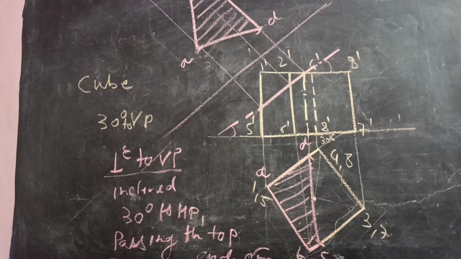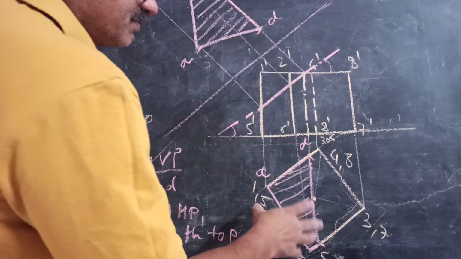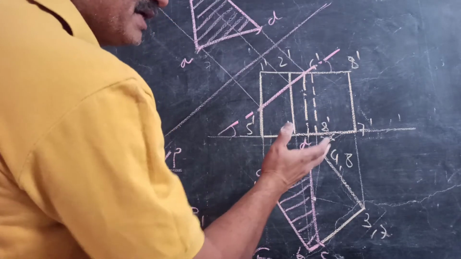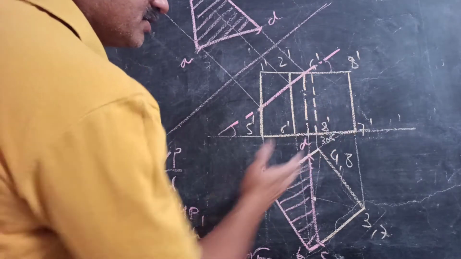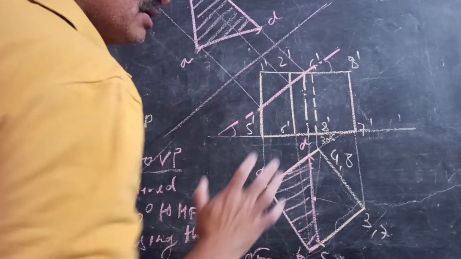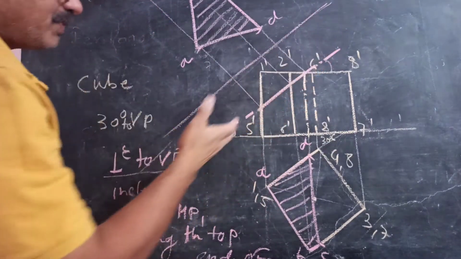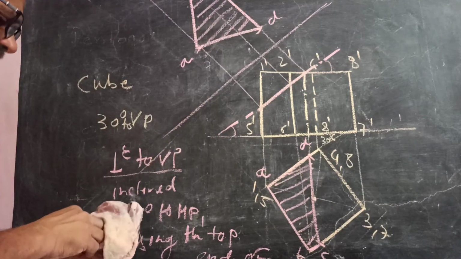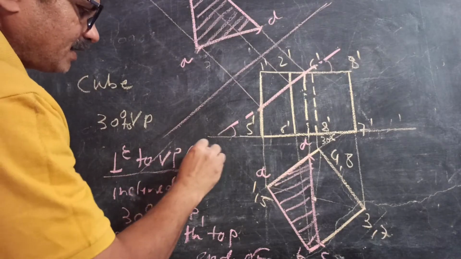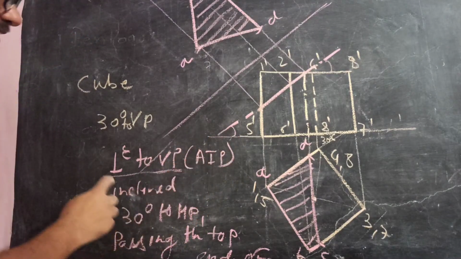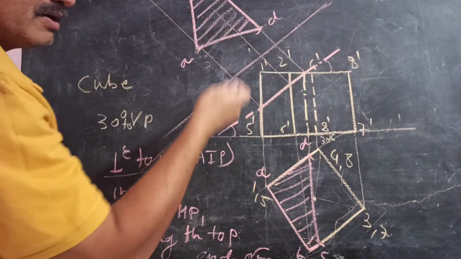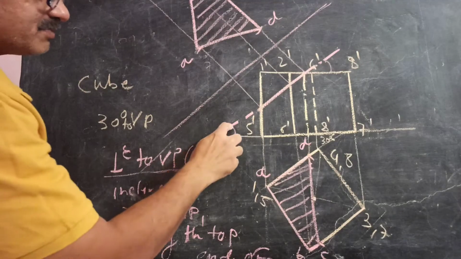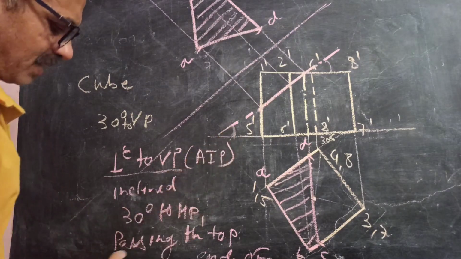So this problem: cube resting on its face on HP with a vertical face inclined, edge of base or vertical face inclined 30 degrees to VP. So this is the projection part. Then it is cut by a plane perpendicular to VP, or AIP. It is same as AIP. It is cut by a plane perpendicular to VP, where you will get the cutting plane line in front view, 30 degrees inclined to HP, so this angle is given as 30 degrees, and passing through a point,